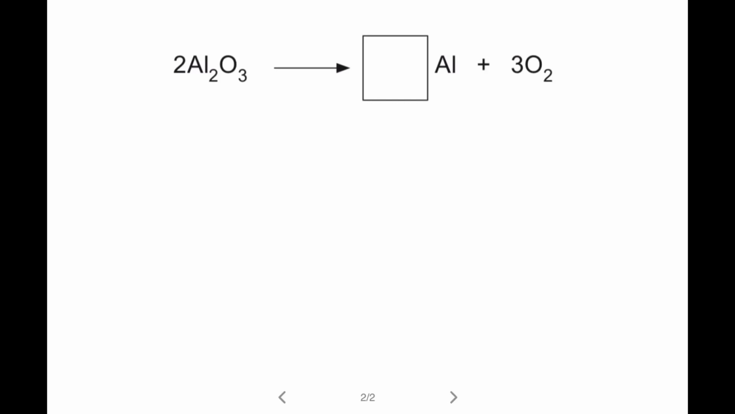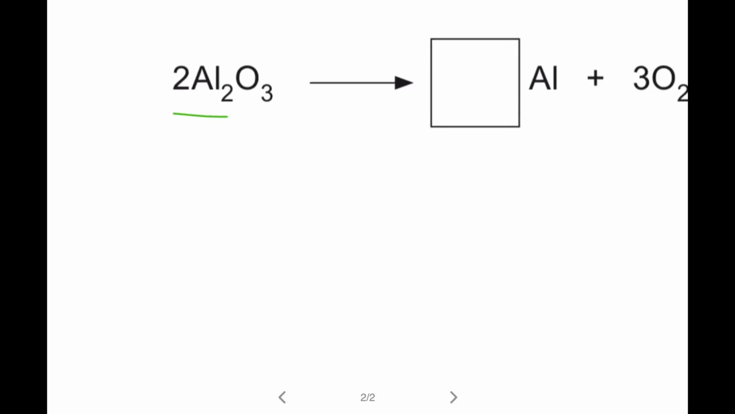So the first thing you're going to want to do when you come across the question is, in any colour of your choice, count how many of each element there are on each side. So for the left hand side, which is the reactants,